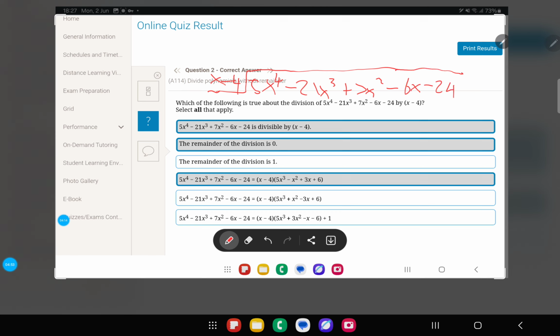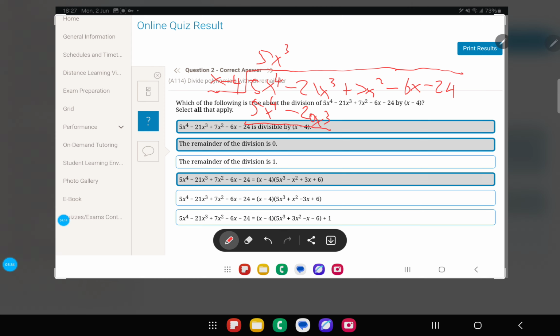Now, we're going to start dividing. 5x to the power 4 divided by x is going to be 5x cubed. We're not going to divide by the number since we can't. 5x cubed times x is going to be 5x to the power of 4. Now we have to multiply 5x cubed by negative 4 too. Let me just fix the line. So 5x cubed times negative 4 is going to be negative 20x